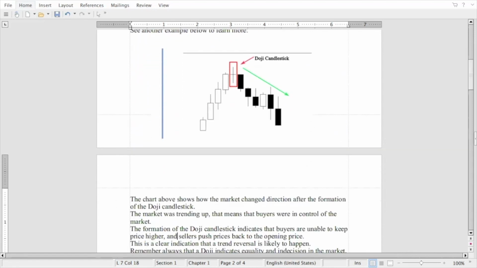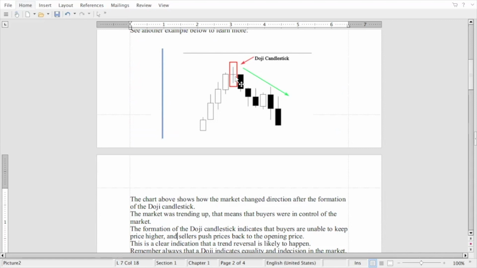So here, as we can see, a Doji candle has just formed on the uptrend. Then you see it form, then automatically the market just wants to start going down. So if you are on the upper trend and you see it form,